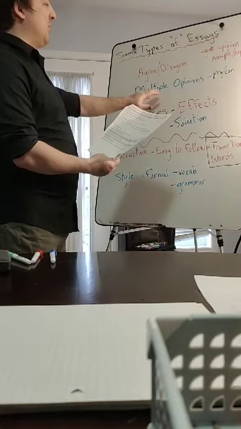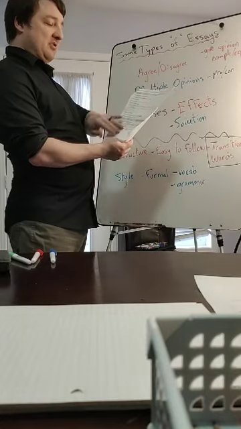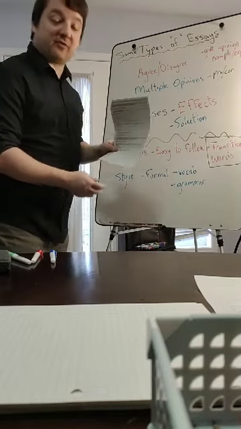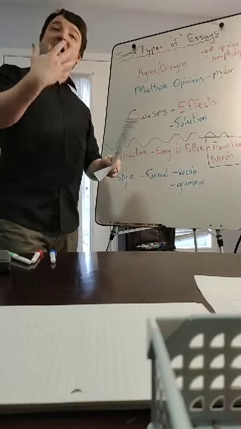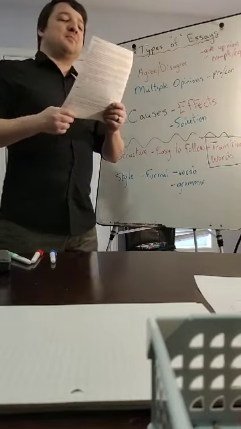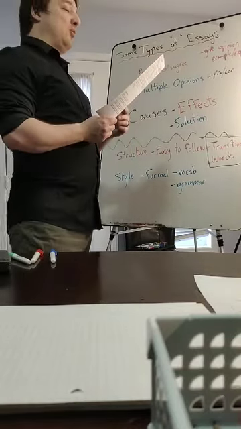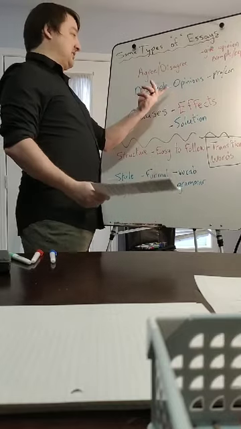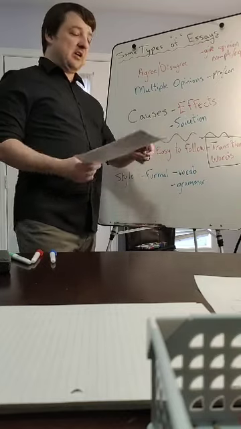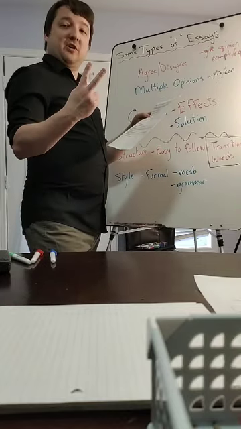Next, multiple opinions, pros and cons. So on this page, the third page, you're going to write about your views on university education. Someday you're going to go to university, I believe, right? And then from that, why do people go to university? So there's different opinions about why we should go to university. So this has two views.